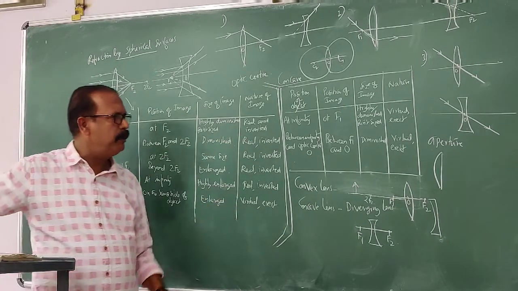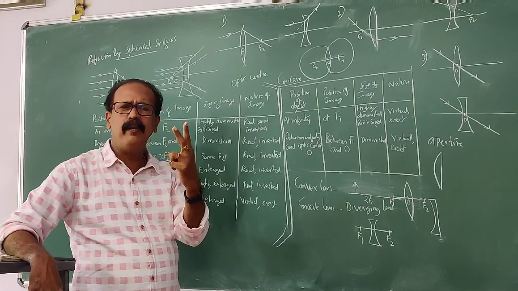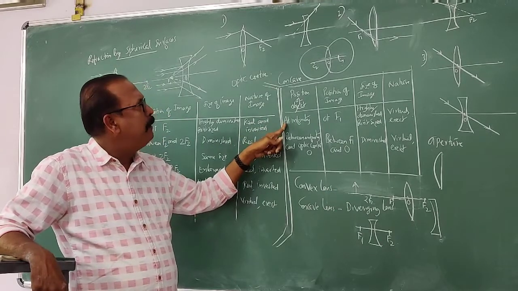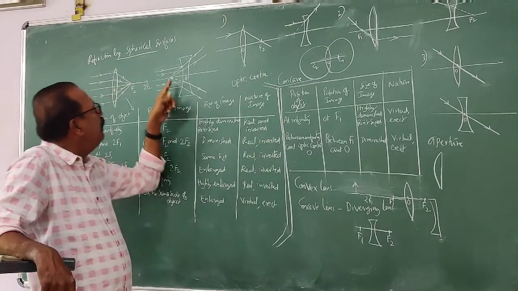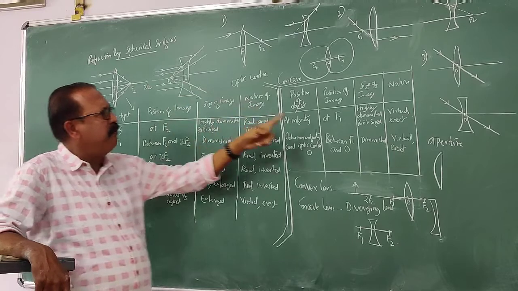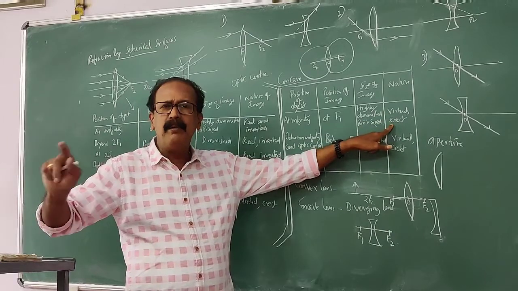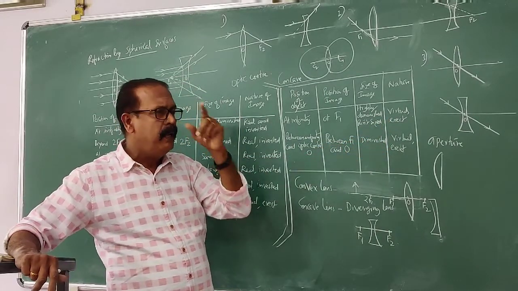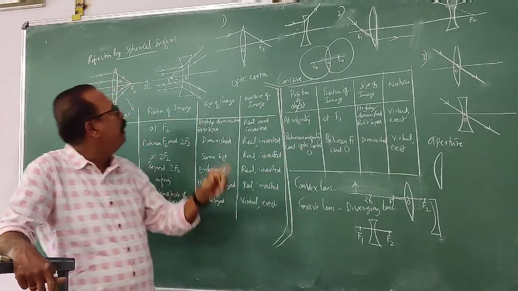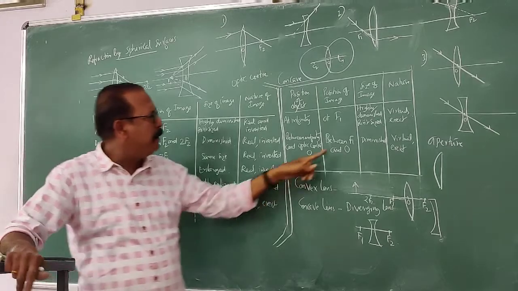Now going on to the concave lens, only two positions, as we studied in the convex mirror. Object is kept at infinity, image is formed at the focus f1. The size is highly diminished, point size. Nature: virtual and erect. It will be a virtual image, cannot be focused on a screen, and an erect image. Now, anywhere between infinity and optic center O, if you keep the object, you get an image between f1 and O.